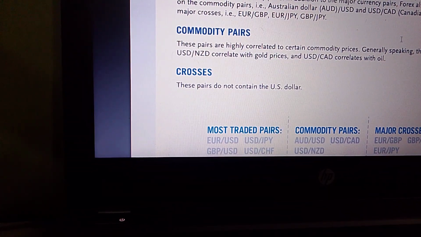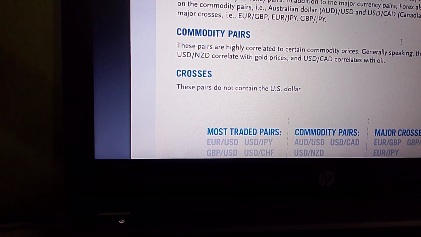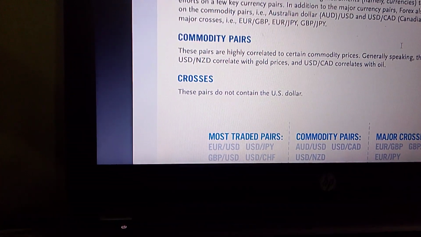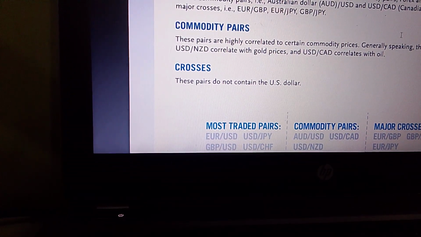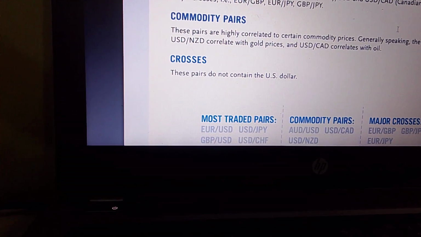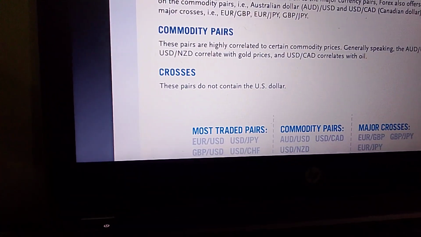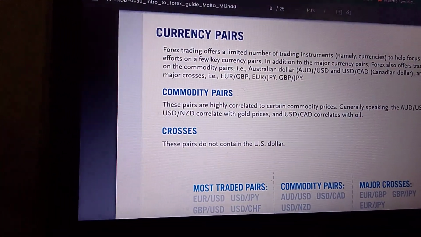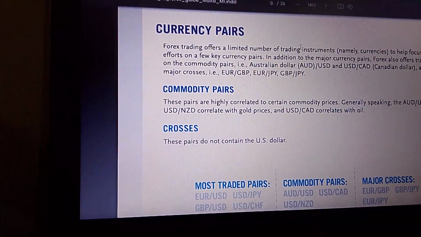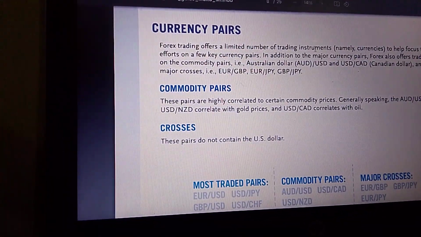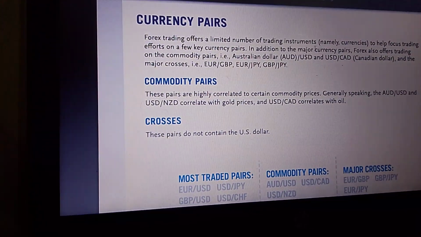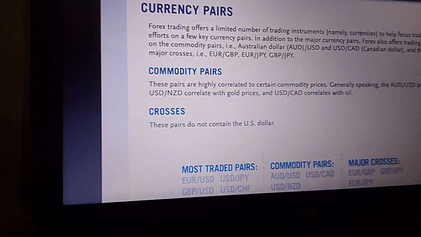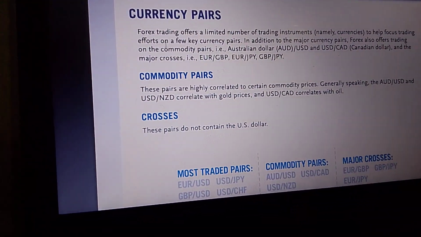Australian dollar, i.e. Australian dollar slash USD, USD slash Canadian dollar, and the major crosses Euro GBP, Euro JPY, GBP JPY. So I don't know what they mean here. Let's look at this once again. So Forex trading offers a limited number of, instead of trading instruments, let's just say a limited number of currencies to help focus trading effort on a few